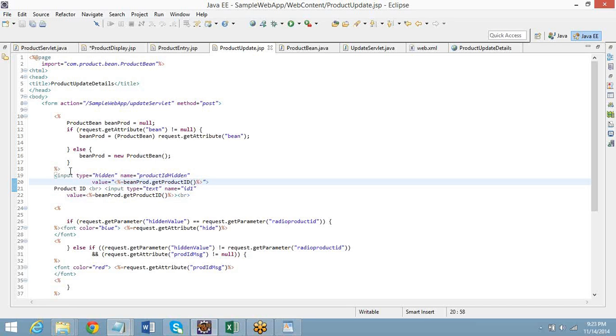The hidden variable's value is sent to the browser, but that value will not be shown to the user. That is the concept of a hidden variable. Why? Because if I want to carry some values without the user knowing, I use hidden variables.